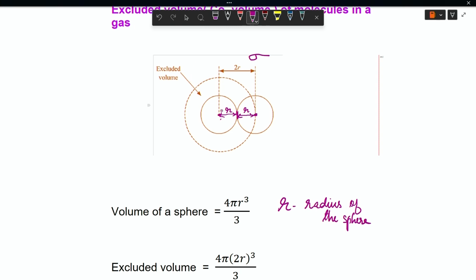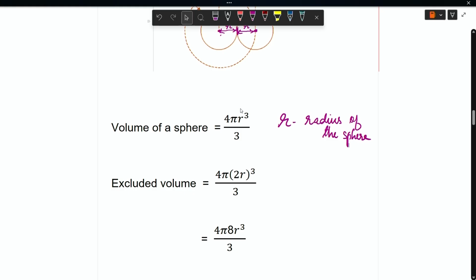So instead of r, the radius will be 2r. Substituting that, the excluded volume will be 4 pi by 3 into 2r cubed, and solving that,